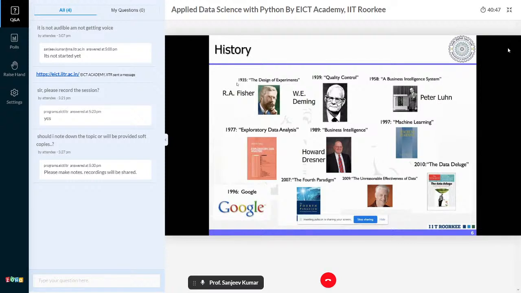Then in 1935, there was a statistical way of analyzing data called the design of experiments, given by Fisher. Then in 1939, how to control the quality of data was given by Deming. Then we have Peter Luhn in 1958, who told about how to use data for creating business intelligence systems. And then the very famous work called exploratory data analysis by Tukey in 1977, although he started this work in the early 70s itself,